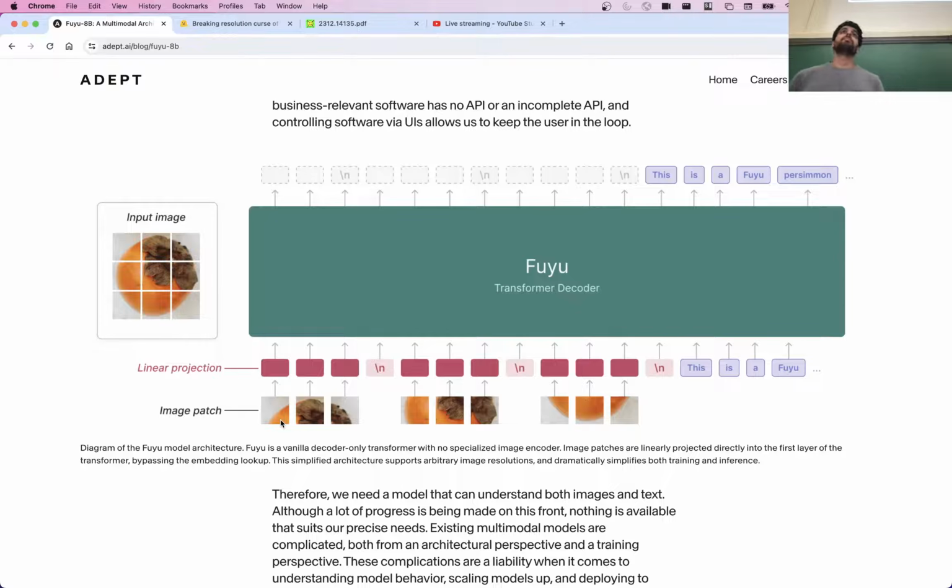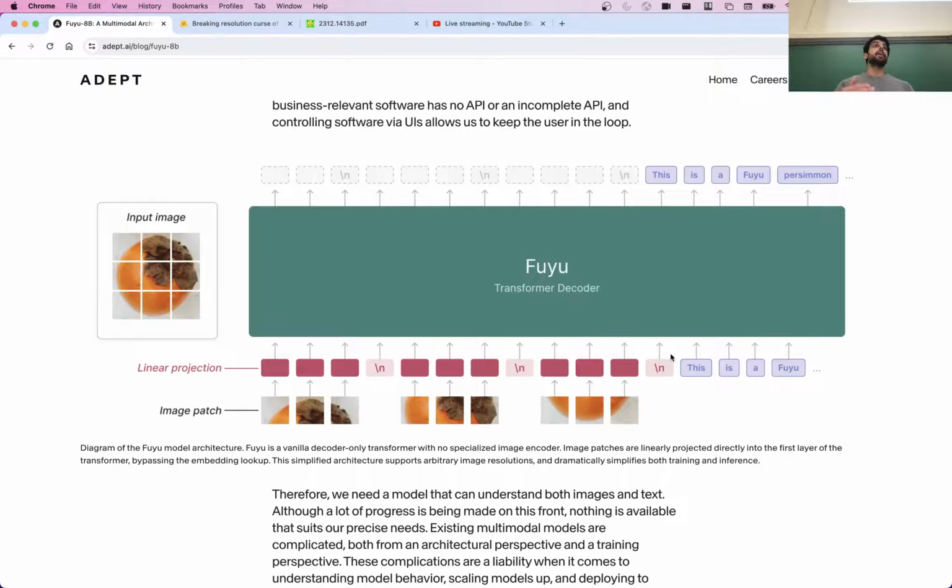So imagine in this case that the outputs of these linear projections are of the same dimensionality as your word embeddings. There's nothing that implicitly says that these should be in a different space, right?